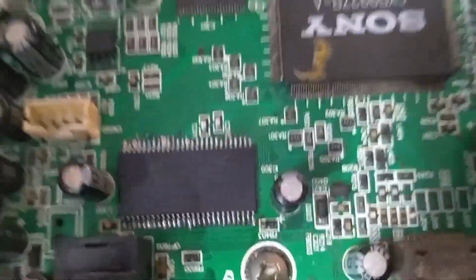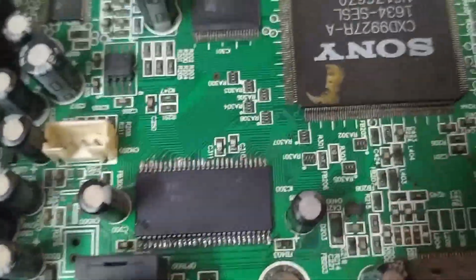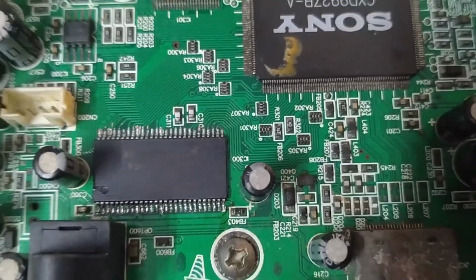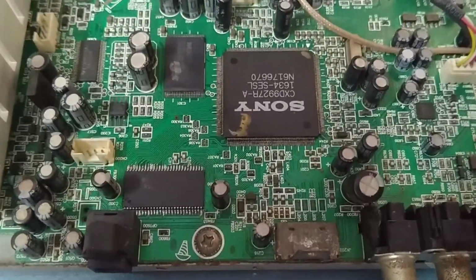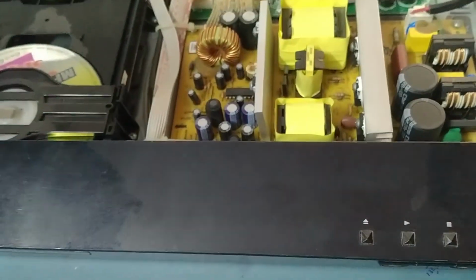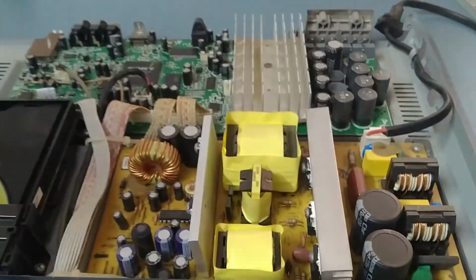We should be very careful before switching on the player. Check it out one more time, each and every point. Then we switch it on now. I soldered the new IC. Now I'll switch on the set. I'll switch on now. So I put it on. See,